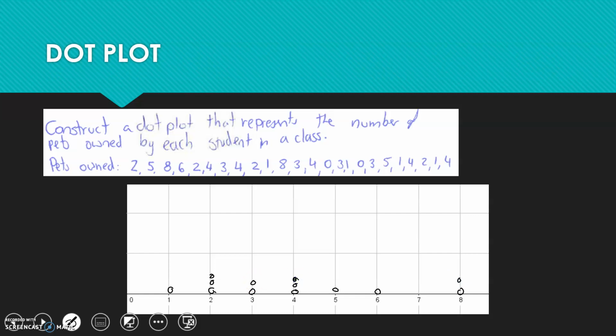4, 0, 3, 1, 0, 3, 5, 1, 4, 2, 1, 4. Now, as you can see, my dots aren't very accurate just because I'm trying to draw on the computer